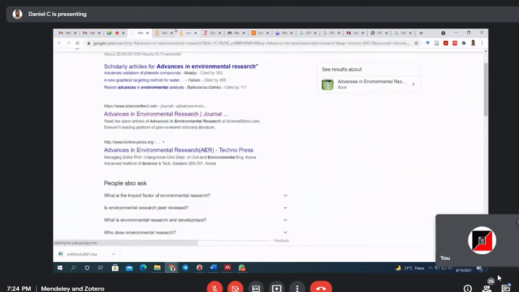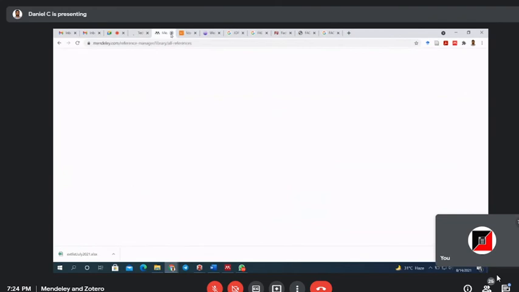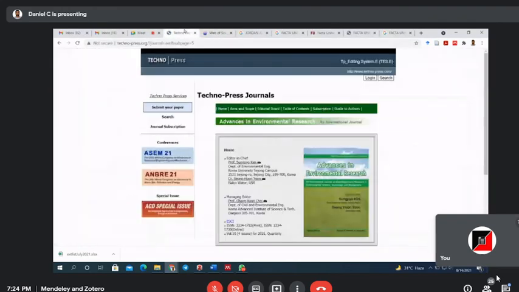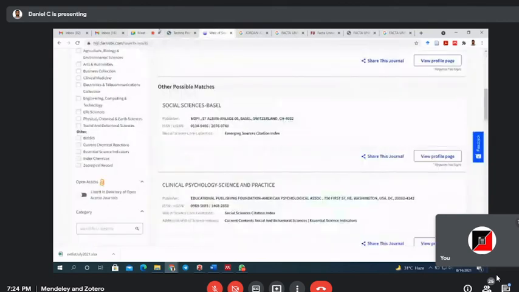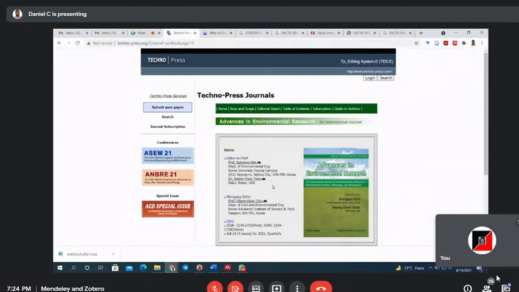Okay, the next one. You want to know whether this is UGC CARE listed or not? Okay. So here the ESCI index is there, Emerging Source Citation Index.